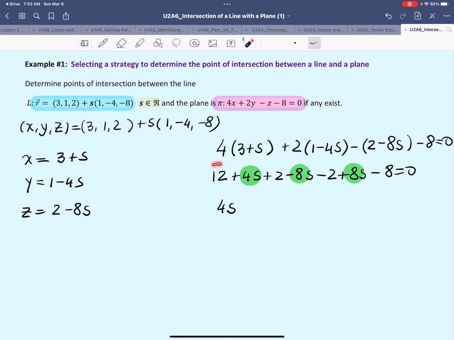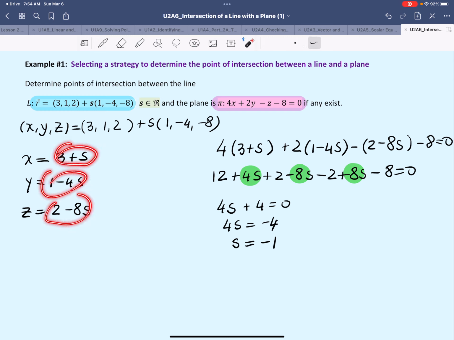For constants, we have 12 plus 2, 14, minus 2, back to 12, minus 8, 4. So 4s plus 4 equals 0, so take 4 to the other side. And that means that the value of s must be negative 1 for these three coordinates to fit into the